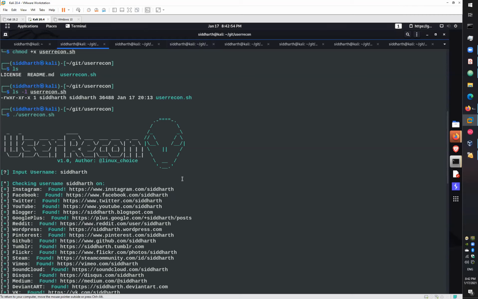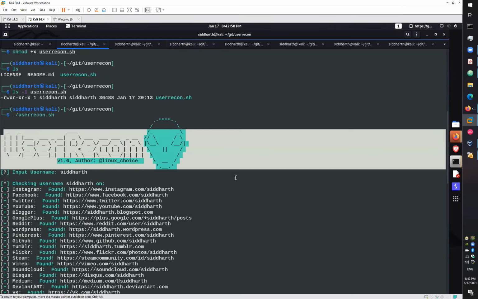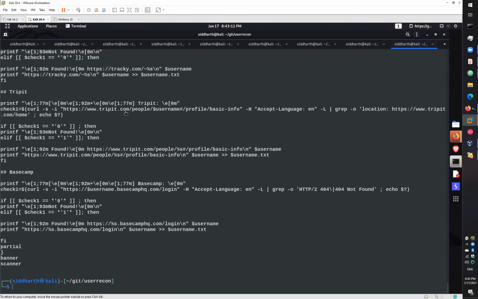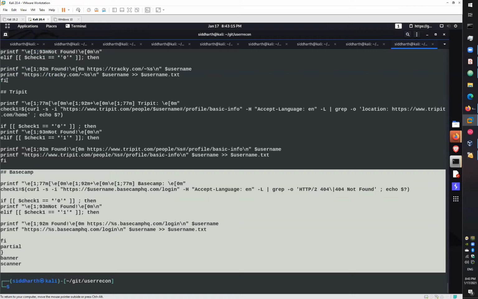When you write a tool, for example this User Recon, we have a .sh file. If I print the code for this user recon.sh, you can see we have a pre-written script. It means the tool is limited here.